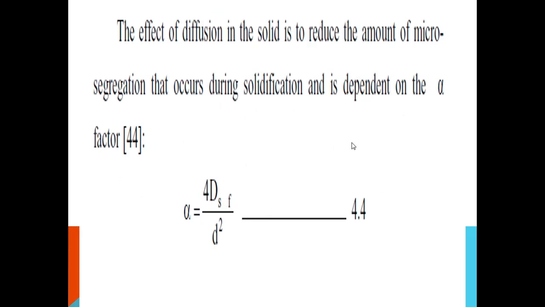The effect of diffusion in the solid is to reduce the amount of microsegregation that occurs during solidification, and it depends on the alpha factor. Alpha equals 4 Ds times f divided by d squared, this equation 4.4,